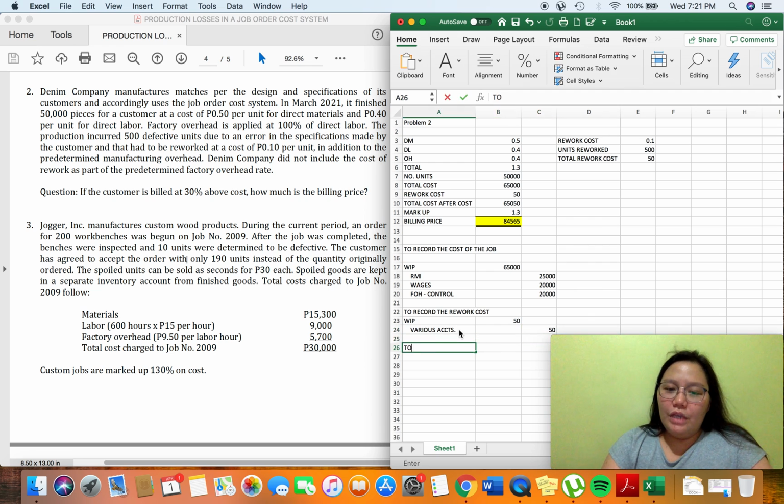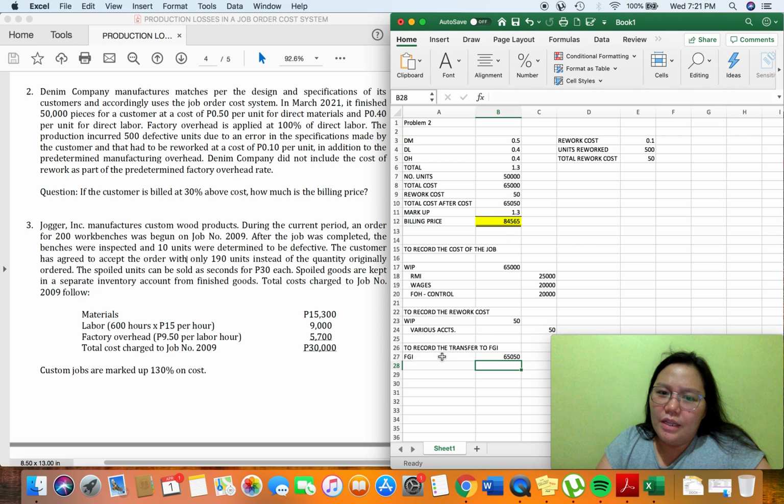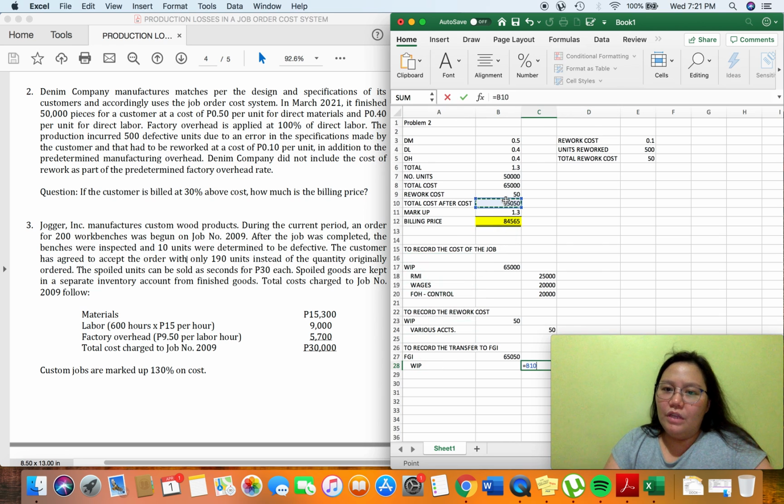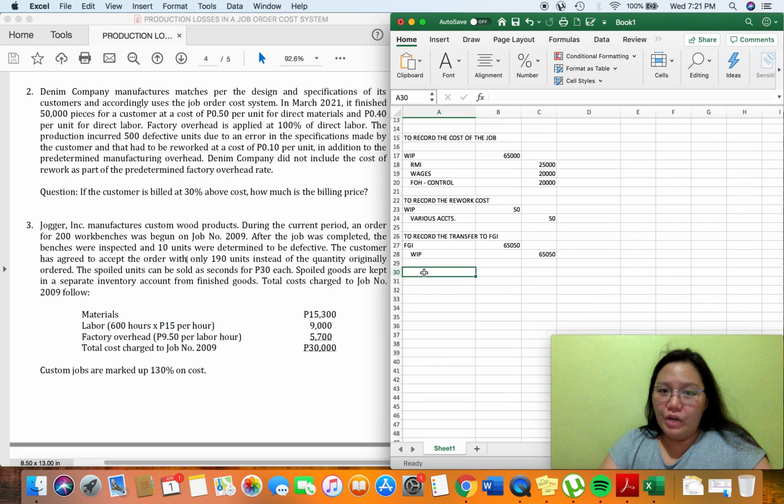Then of course, we have to record the transfer to finished goods. So our entry for this is to debit finished goods inventory amounting to 65,050, and then of course we'll credit the work in process account amounting to 65,050 as well. Okay? Now, to record the sale